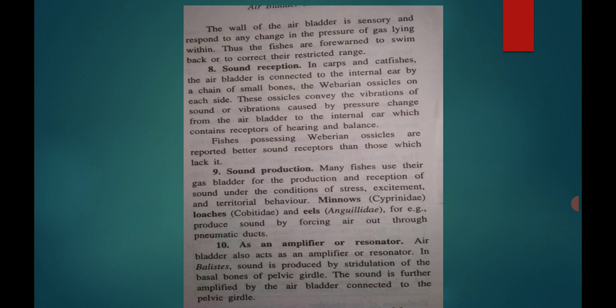Now the control of buoyancy. The air bladder functions as a buoyancy adjustment, sometimes used in emergencies. In the sensory function, when the fish is subjected to pressure changes by moving into different depths of the water, compression and expansion of the enclosed air takes place. This leads to deformation of the wall of the swim bladder, which functions as a pressure receptor like a manometer.